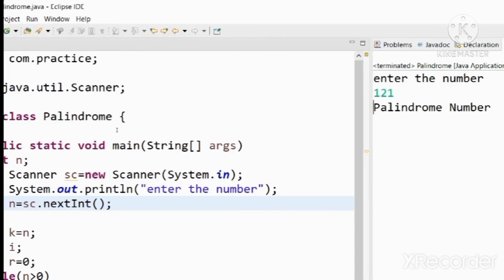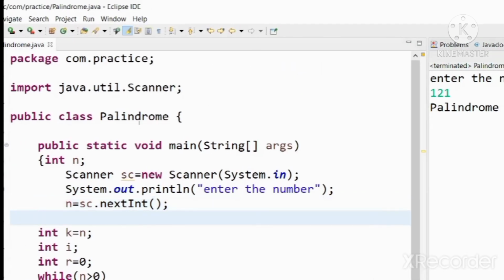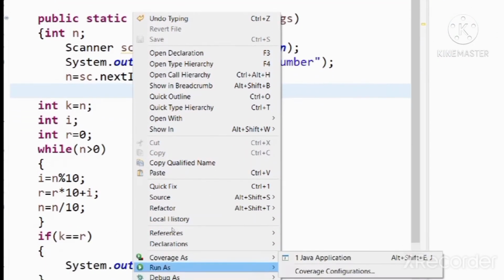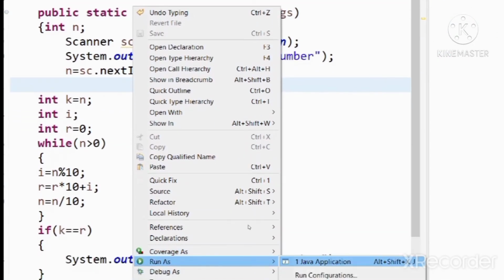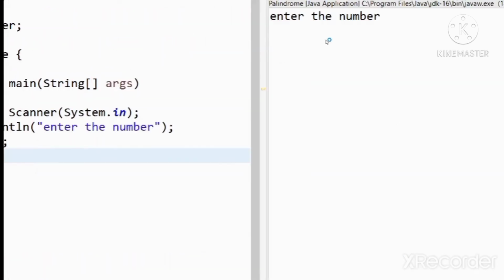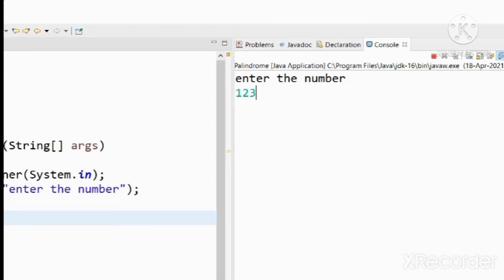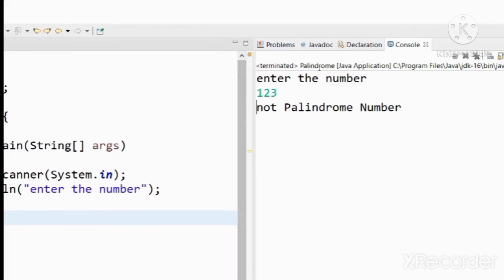And if we run my code again, with Run As Java Application, we again get a message, enter the number. If we enter a number like 123 and hit enter, then we get a message not palindrome number.